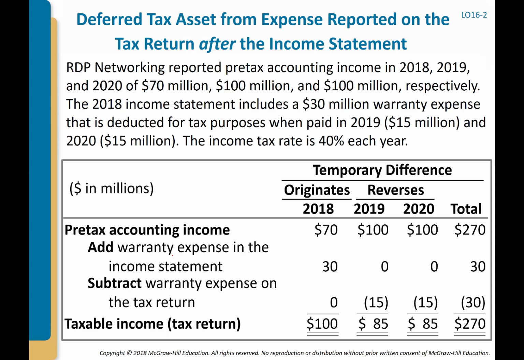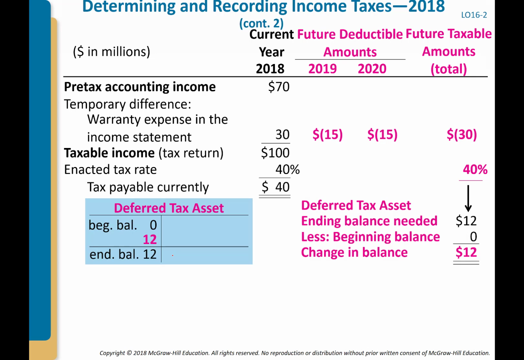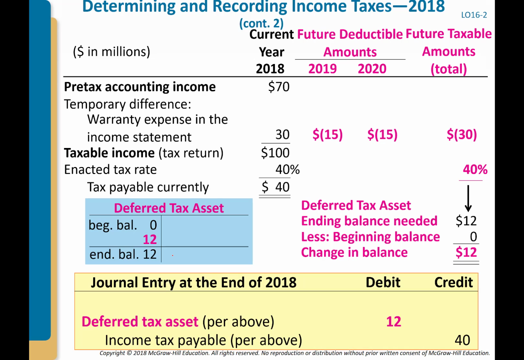Okay. And so we take a look, and we have this 30,000 or 30, whatever, that we're going to be able to take in the future. Our tax rate is 40%. Future amounts means that what? We're going to have to pay 12 less tax in the future when we get to take those additional expenses. So we go ahead and set that up in the first year. Beginning balance is 0. We needed 12 in the ending balance,